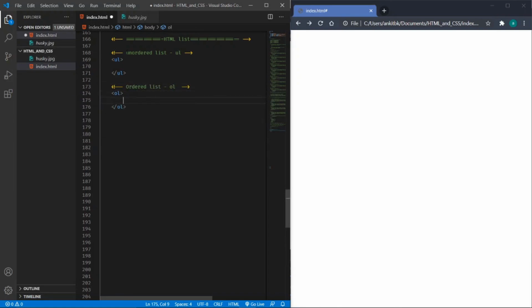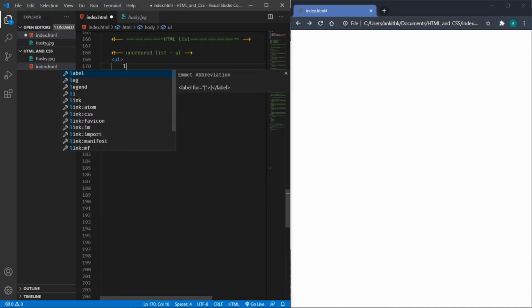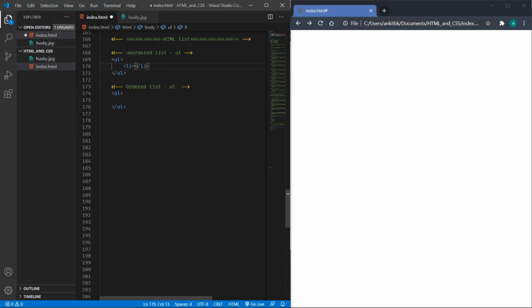The list items are represented by LI tags, which are placed inside the unordered or ordered list. To define something as a list item, we have the LI tag. So we can have a number of LI tags.